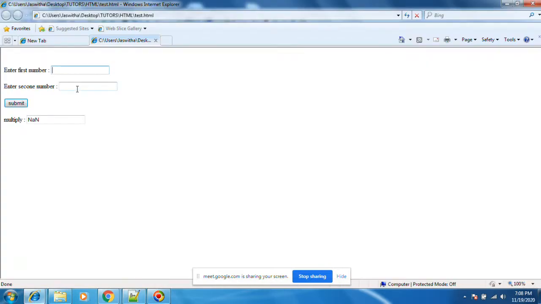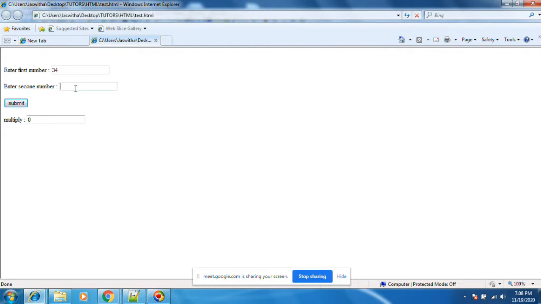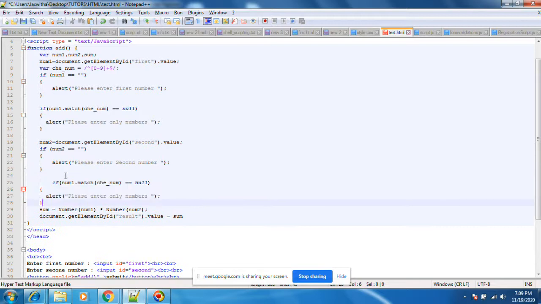Suppose for num1 I have entered something and click submit, it says please enter second number. If I add something here, it is not throwing any exception. In this case we need to add a similar thing for num2. Make sure this match will work only for strings, not integers or numbers. Numbers will not work.